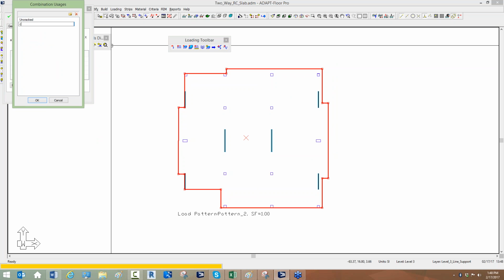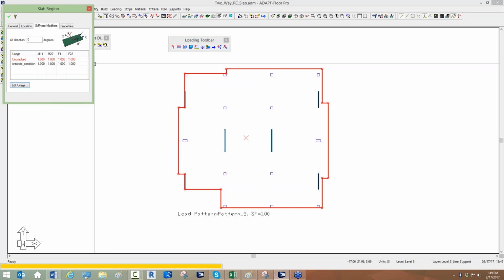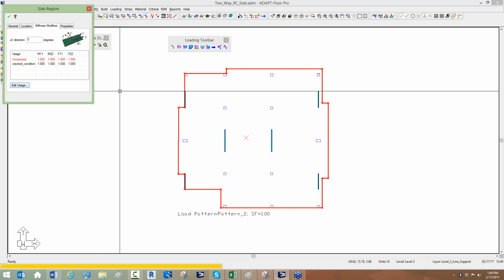I could say I want this to be a cracked condition, and then I can modify the flexural and axial stiffness of a component and just force it to soften and give me more deflection. That obviously may not be as accurate as actually having the program check for crack deflection. So we're going to do this